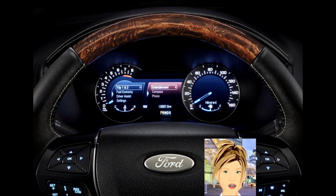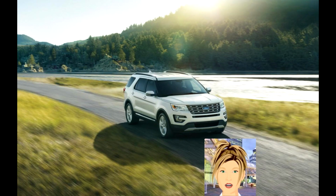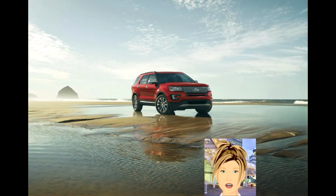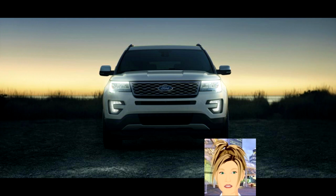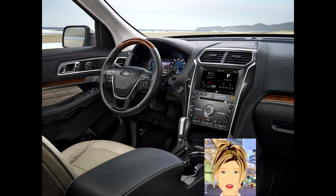Where the Explorer holds a big upper hand is with the options it offers. It has a huge range of available engines and trim levels. It's also refined, comfortable, is great for trips both long and short, and can be had with a powerful, yet fuel-efficient drivetrain. Finally, add in Ford's 2016 updates and there's more than enough to keep it at the top of this heated class. Going forward, I'm not going to wonder why I see Explorers all over the place anymore, and